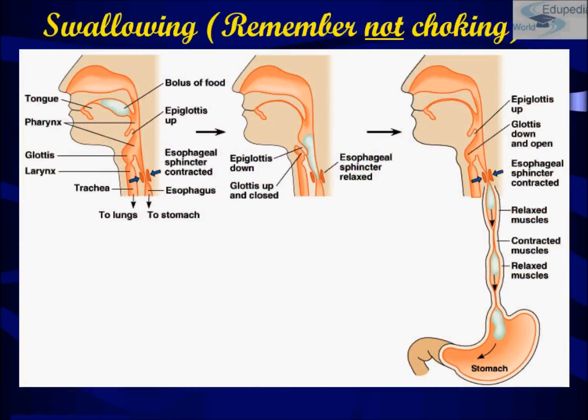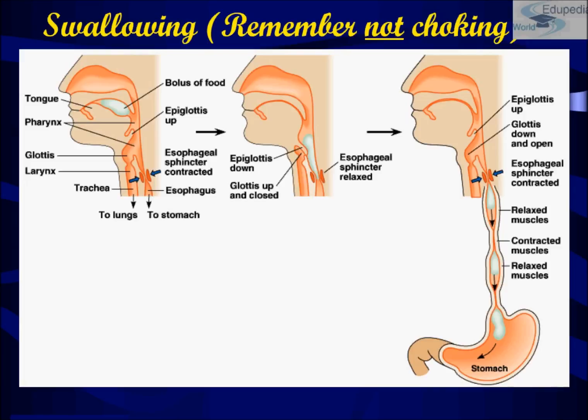now we'll study how swallowing takes place. This is the tongue, this is the pharynx, this is the esophageal sphincter, which gets contracted and relaxed depending on how food is taken. Okay, and this is the food bolus, and this is the epiglottis, which is in the up position. Okay,